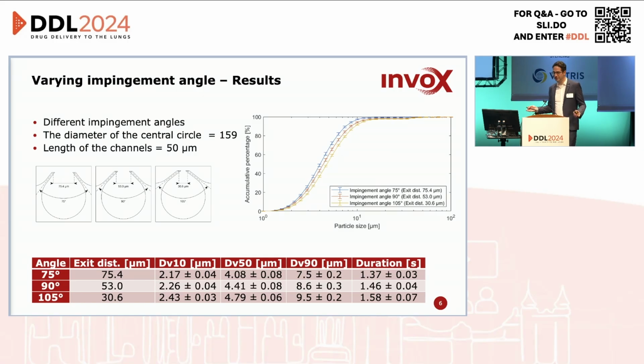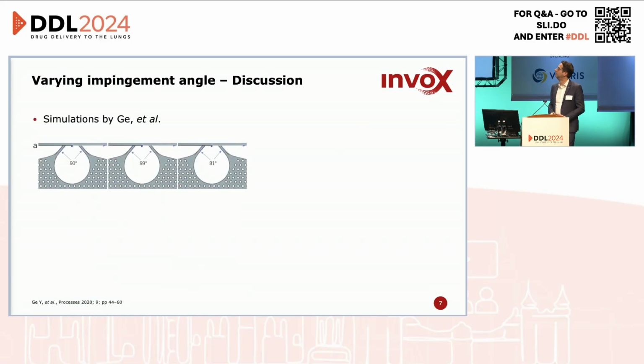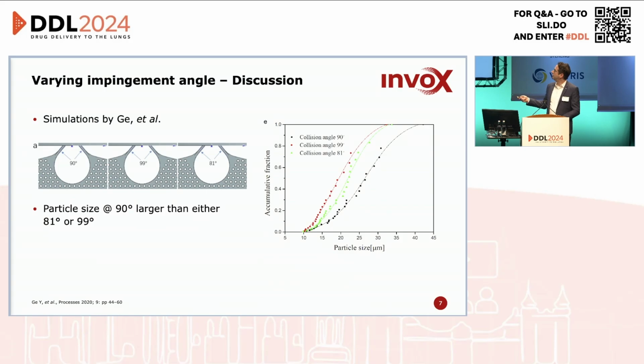Now, these results, can we compare them to something? Well, as far as I know, this is the first time that it's really been done with real soft mist inhalers, but there are some simulations available by G et al. from 2020. So they also played with the impingement angle. And what they saw is that the particle size at 90 degrees, so the standard angle, is larger than for either